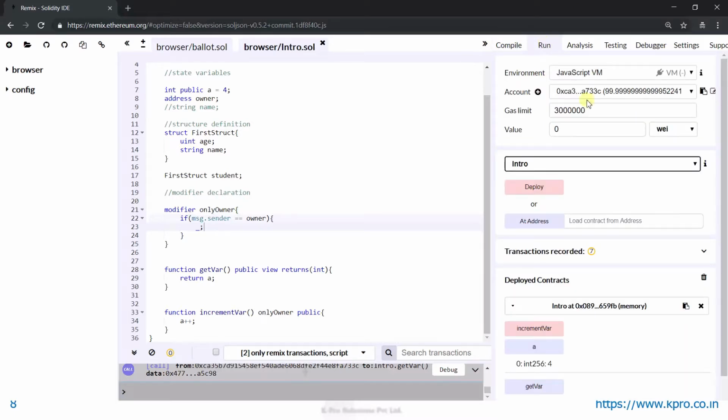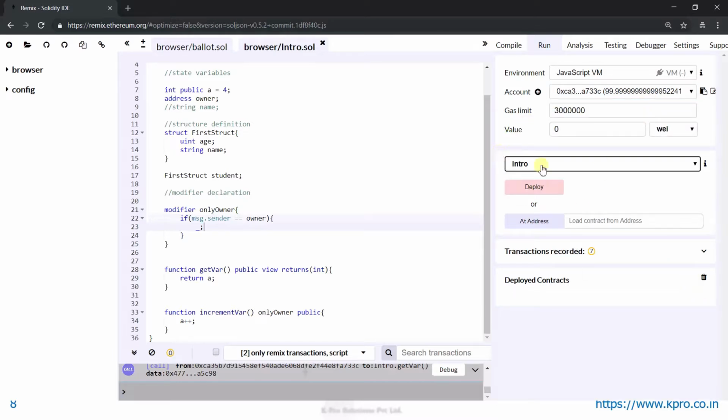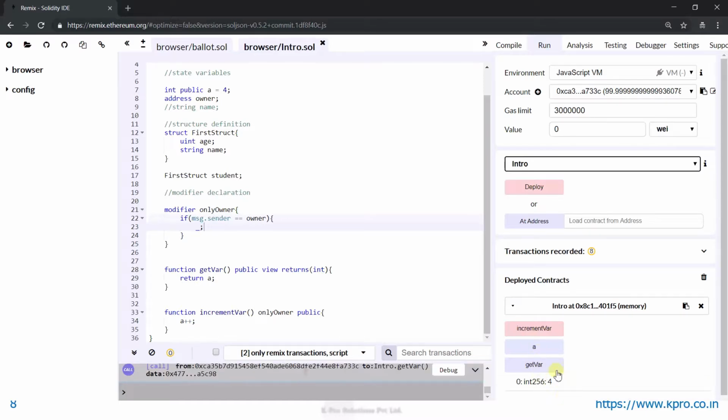Now if I run it, I'm executing this contract using the first address. Okay, so I'll just clear this part here. I'll click on deploy, and here you can see, for example, get variable is giving me the initial value as 4. Increment, I have clicked twice,